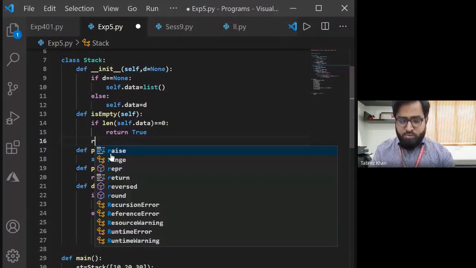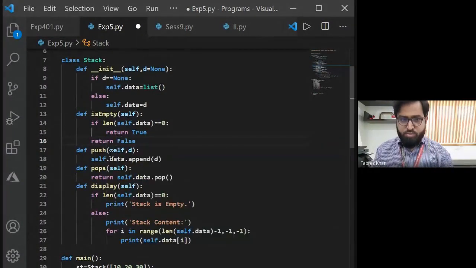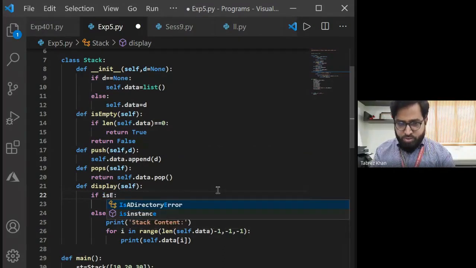And here I would return false. So this is empty. So here instead of this, I can check for only is empty. If is empty,